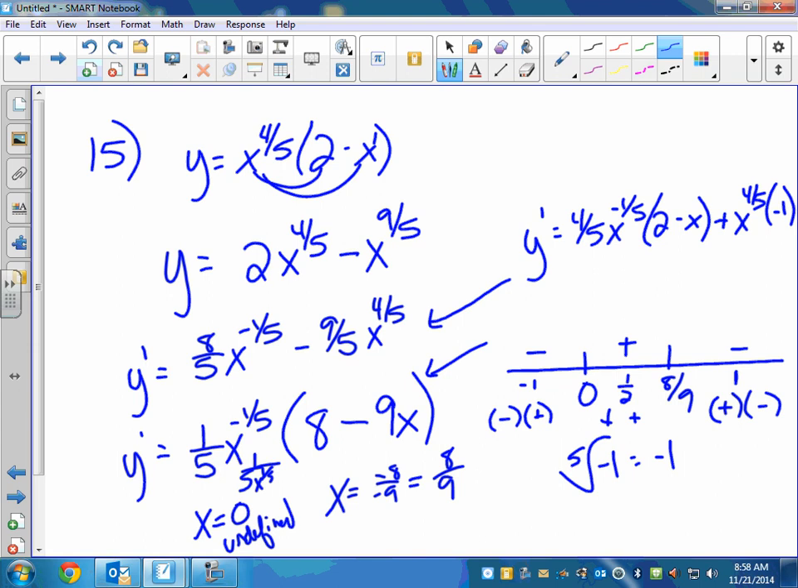Which means I can answer parts A and B. My function is decreasing from negative infinity up to 0, and from 8/9 to infinity. And my function is increasing on the interval from 0 to 8/9. And